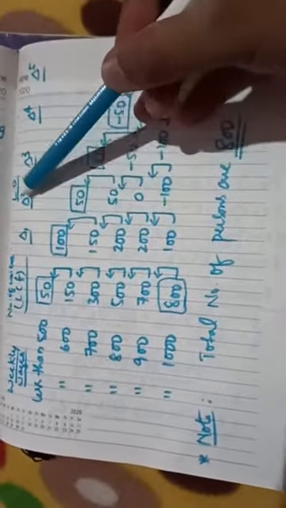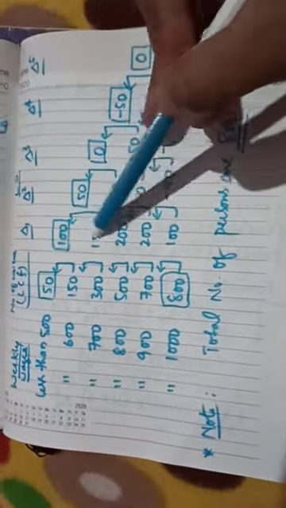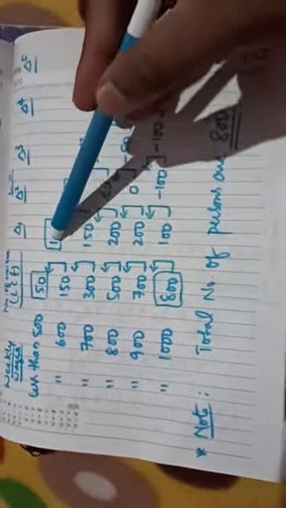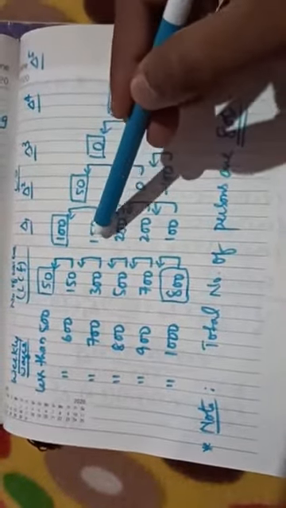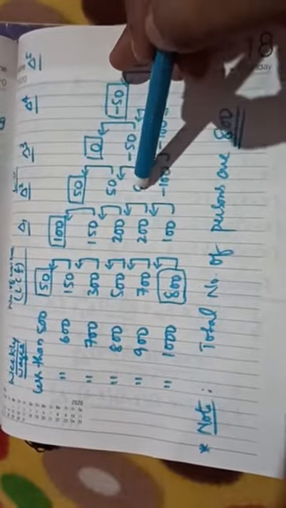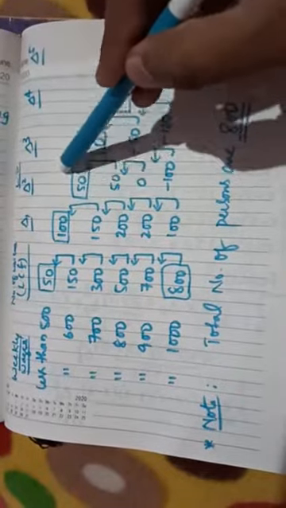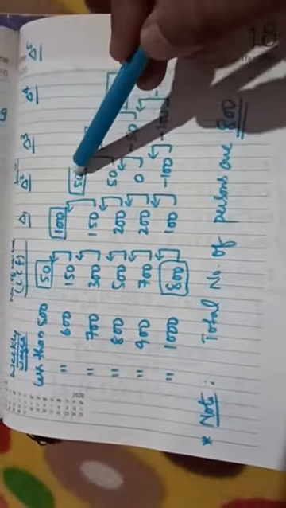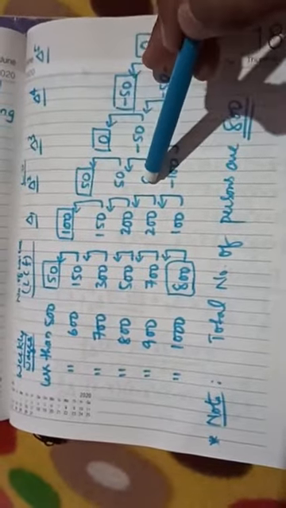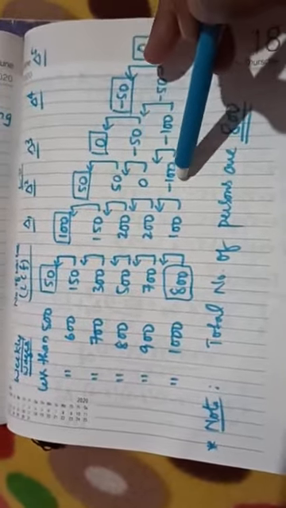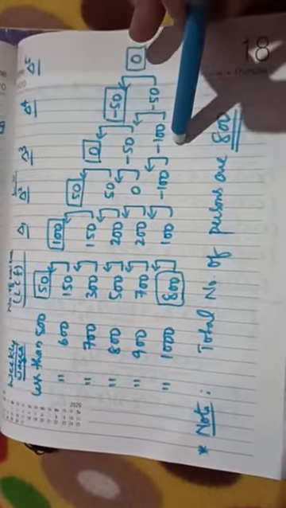Next, delta 2. See, the first 6 observations we converted to 5 by doing the forward differences. Now these 5 should be converted to 4. 150 minus 100, 50. 200 minus 150, 50. 200 minus 200, 0. 100 minus 200, minus 100. From 5 to 4 you converted. Next, from 4 to 3: 50 minus 50, 0. 0 minus 50, minus 50. Minus 100 minus 0, minus 100. So from 4 to 3, the third leading differences are done.